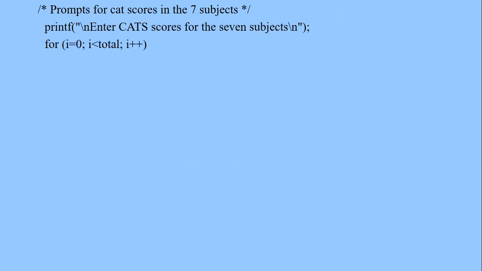Then the next statement is to prompt the user for CAT scores in 7 subjects. We display the message, enter CAT scores for the 7 subjects. We drop down one line, and then we read. We assign 0 to i. Then we check if the value in the memory location called i is less than the content in the memory location called total. Once we check that i is less than total, then we display